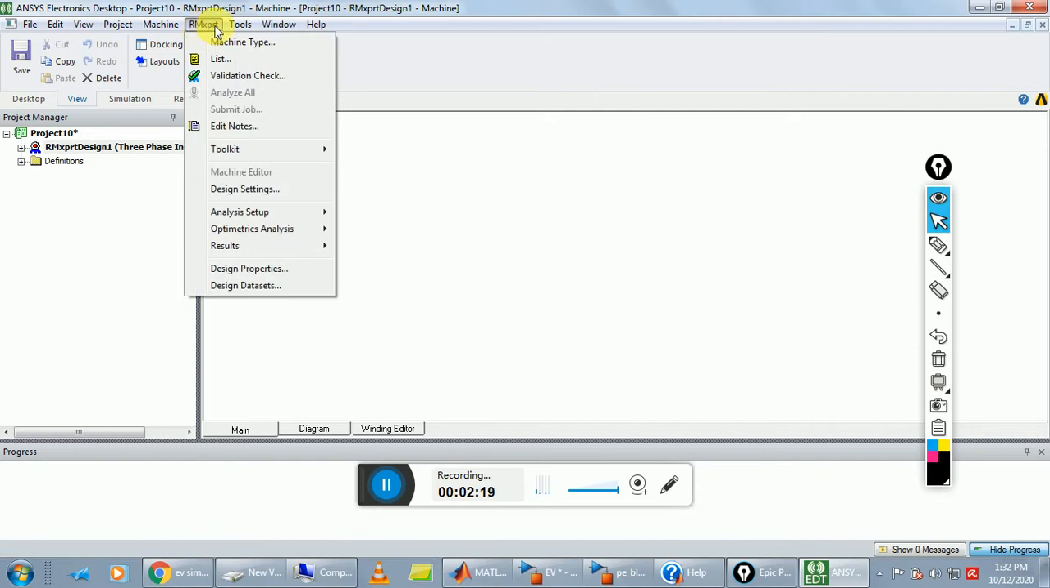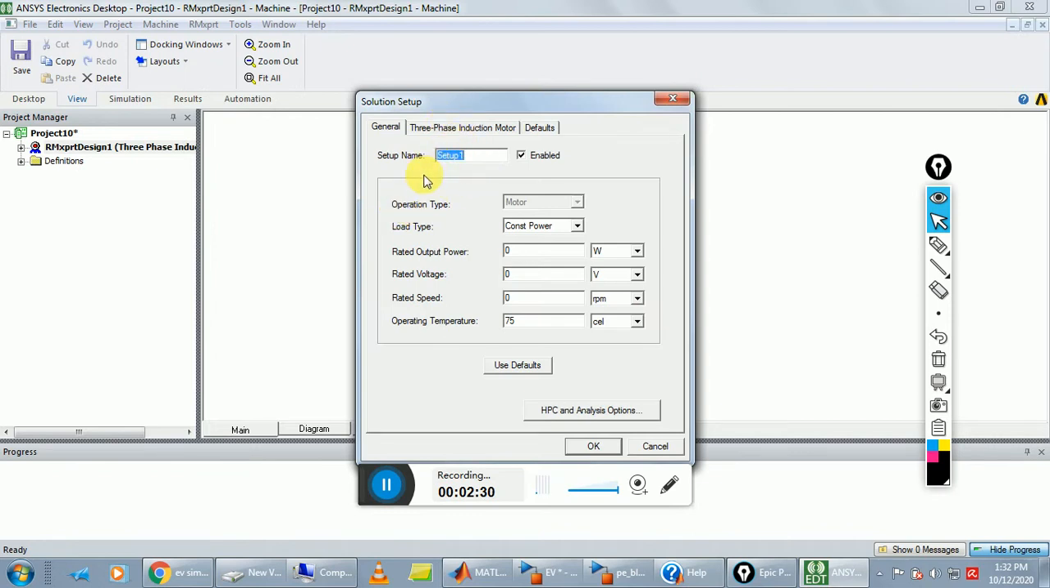Go to RM Expert and click on analysis setup, add solution setup. Okay, basically in general setup one enable, and operation type is motor, and load type is constant power, and rated output of our machine is 1110 watt, and rated voltage is